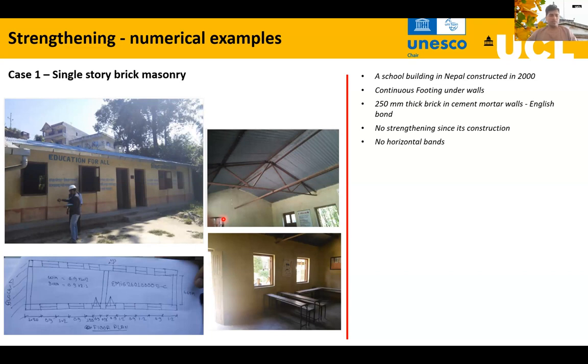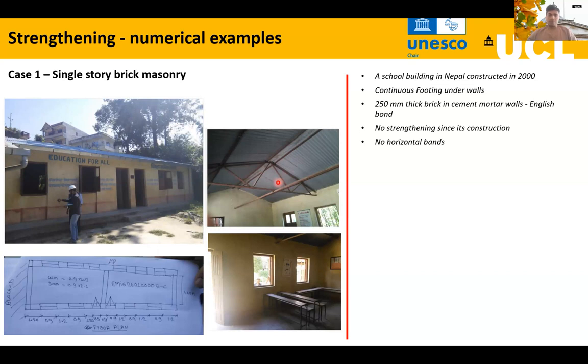So the first case is a single-storied school building. This is a brick masonry building from Nepal. As you can see here, you can identify several deficiencies. One most important deficiency is it lacks the seismic bands. That is very important for the global box-like response. It also lacks the